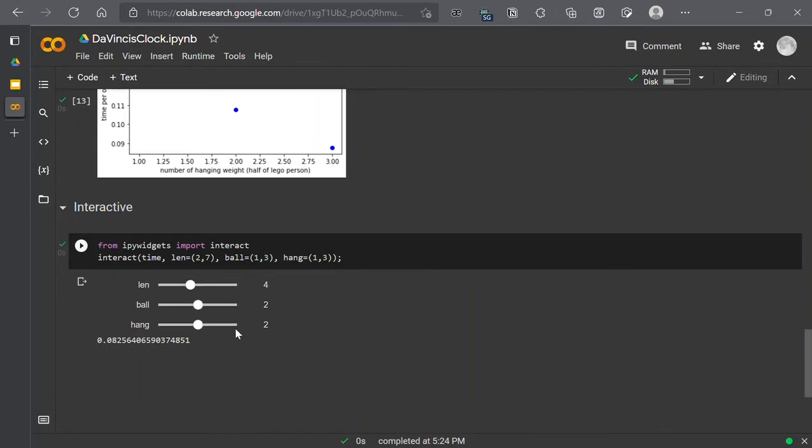So I want to see the maximum time interval we can get from the design is 0.2634 and so on,